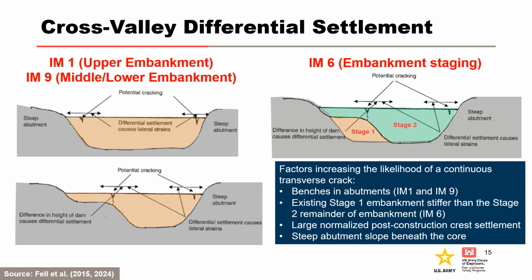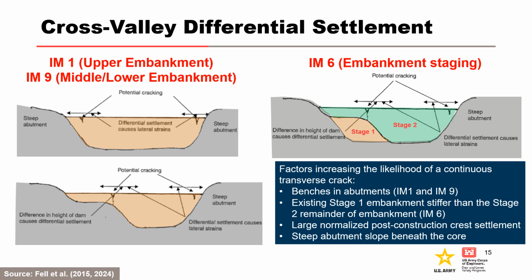IM1 and IM9 are for scenarios which may lead to cross-valley differential settlement. IM1 is for cracks in the upper embankment, and IM9 is for cracking in the middle and lower embankment. As a dam is constructed, the partially saturated compacted soil in the embankment consolidates and settlement occurs. Where the valley sides are steep or have steps and benches in the profile, differential settlements occur and can lead